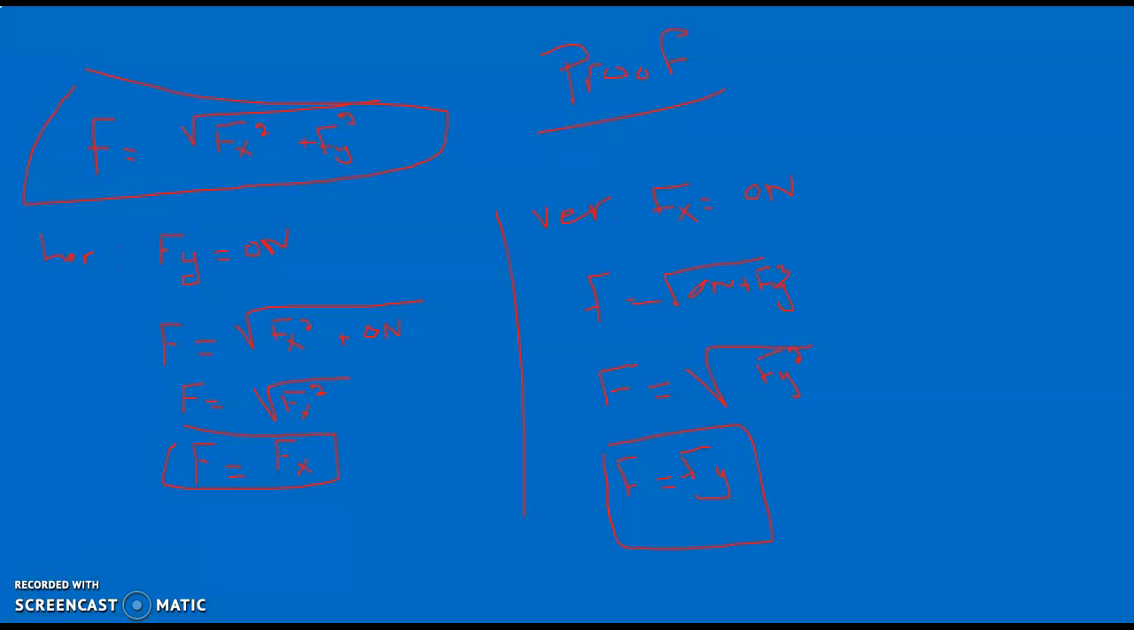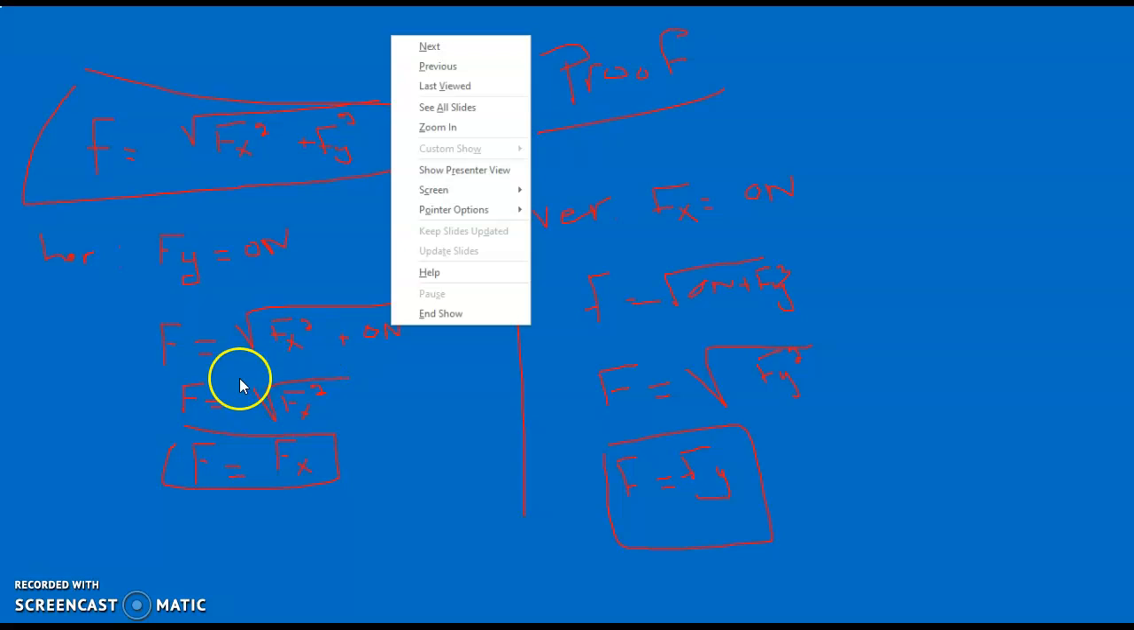Before I start solving the exercise, I would like just to prove something here that we're going to use in the exercise. We know that the magnitude of any force is equal to radical its x component squared plus its y component squared. So if the force was a horizontal force, then its y component is 0. And thus F is equal to radical of x squared plus 0 squared here. 0 squared is 0. So we will be left with F equal radical of x squared,